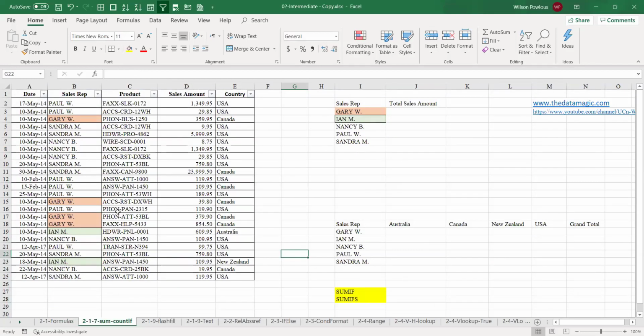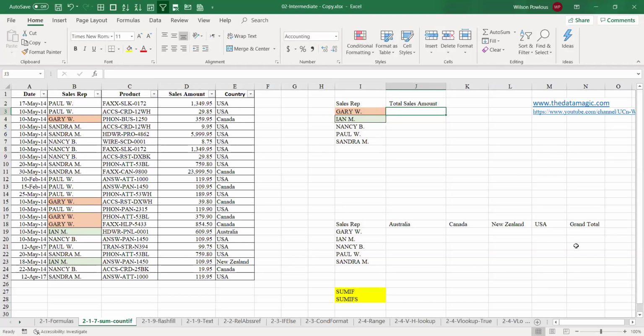Here we have some sales amount per sales representative. Suppose you want the sales amount per sales representative. When I do the auto sum, it will give you the total here, or if you filter and give the total, it will give you per sales rep. But if I want this for all the reps, you can't do the filter every time. There are 5 sales reps. So if you want to get the total of this, we can use the SUMIF formula.